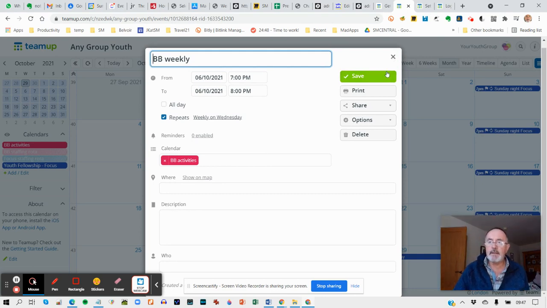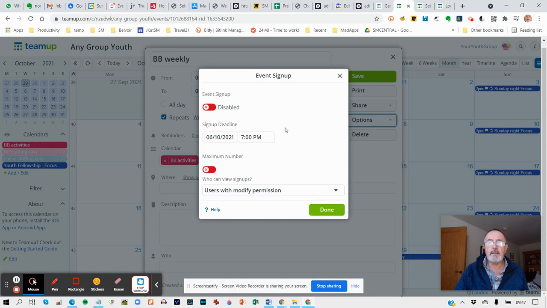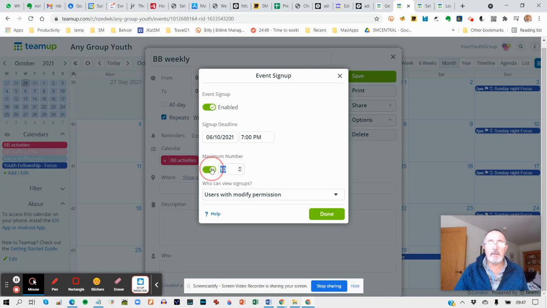This is where you can actually add in some additional options. And if you want the BB members to sign up each week to let you know that they're coming, so you've got the right kind of staff member ratios, you can click on the sign up and make that enabled, and then you can give it a maximum number, and you can decide, well, we can't actually cope with any more than 22 people